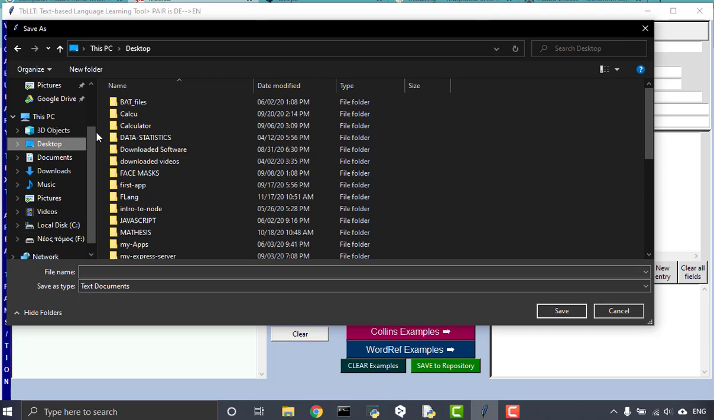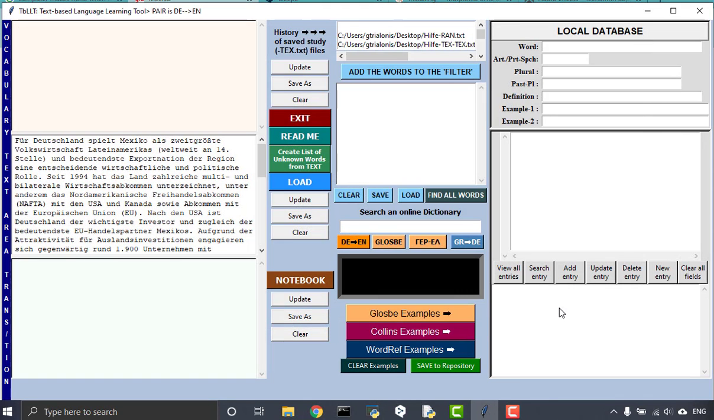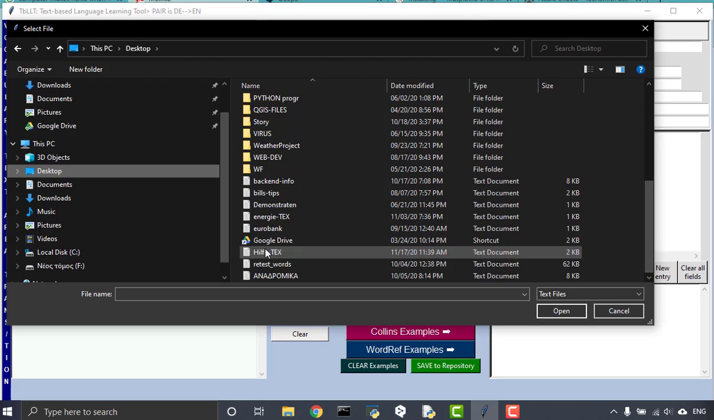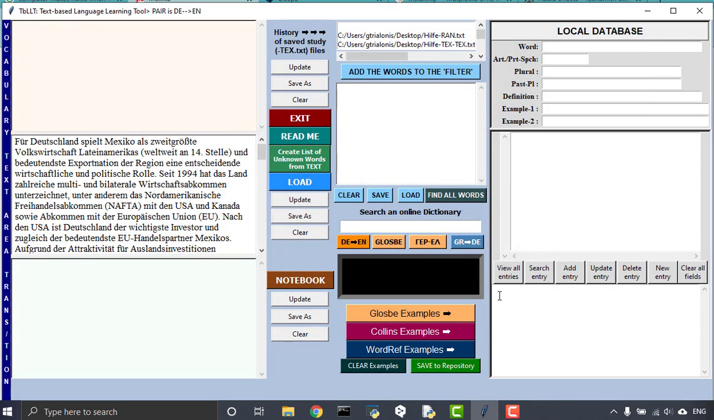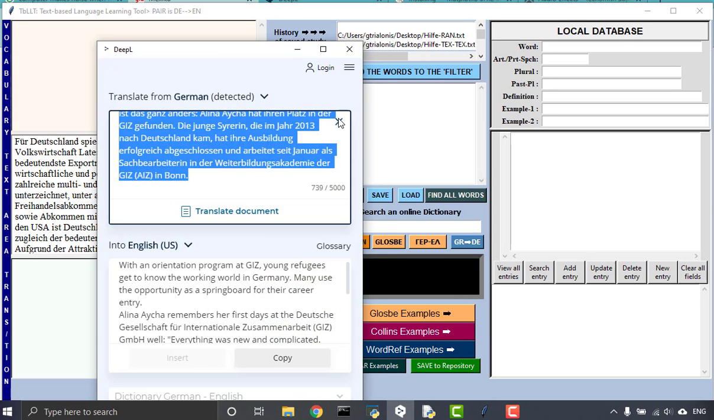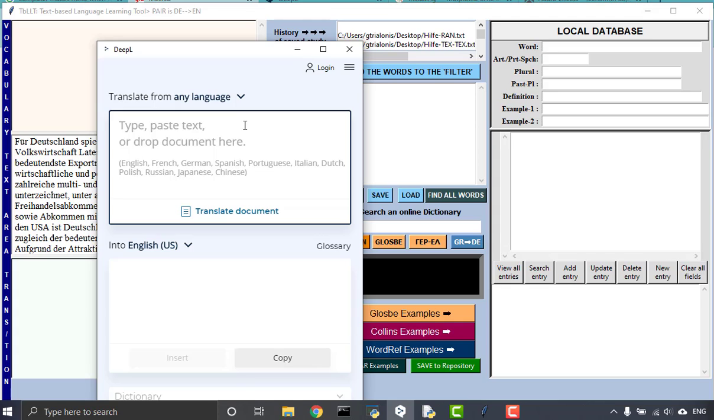Suppose I choose to save it on my desktop, and let's suppose I call it Hilfe, and save it. Then I load the text back. It changes font. But when I copied it in the first place, I can also choose to paste it in the DeepL